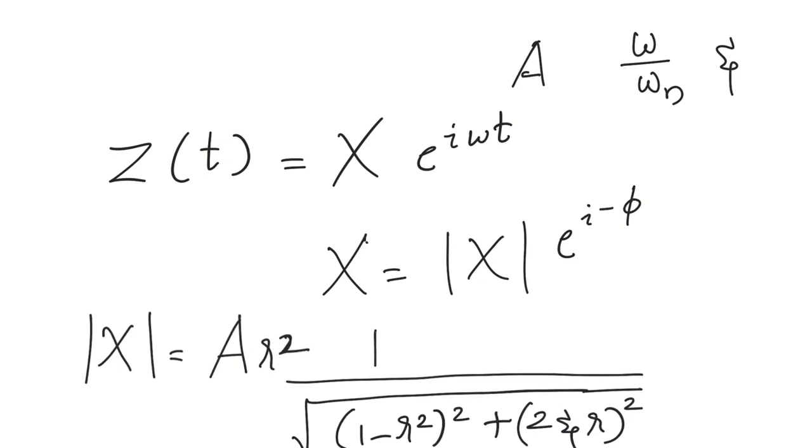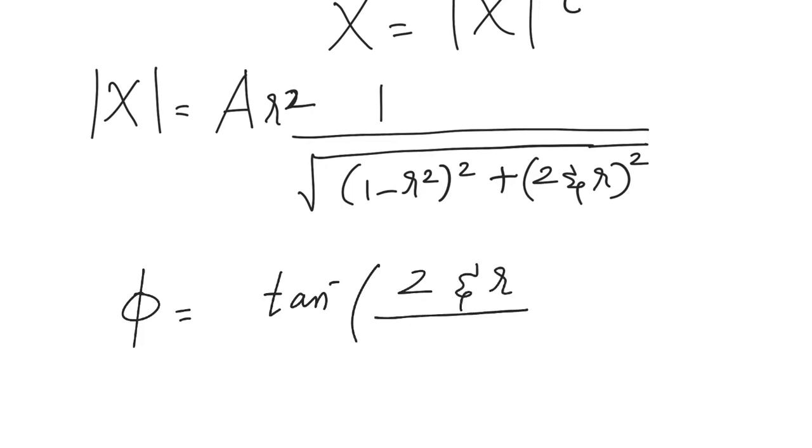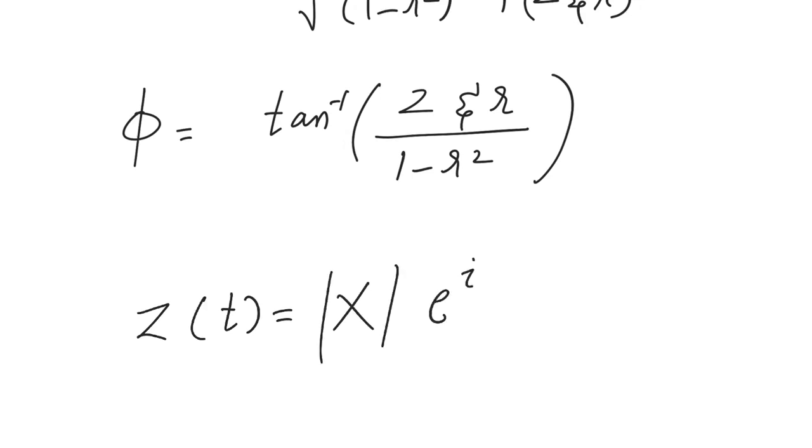And what will be phi? I'm not going into the detailed derivation. I have shown this also in one video. This will be tan inverse of 2 zeta r divided by 1 minus r square. So everything is completely known. Now if I finally write the expression for z, then it will be modulus of X times e raised i omega t minus phi. So there is a phase lag for the relative displacement compared to the displacement of the